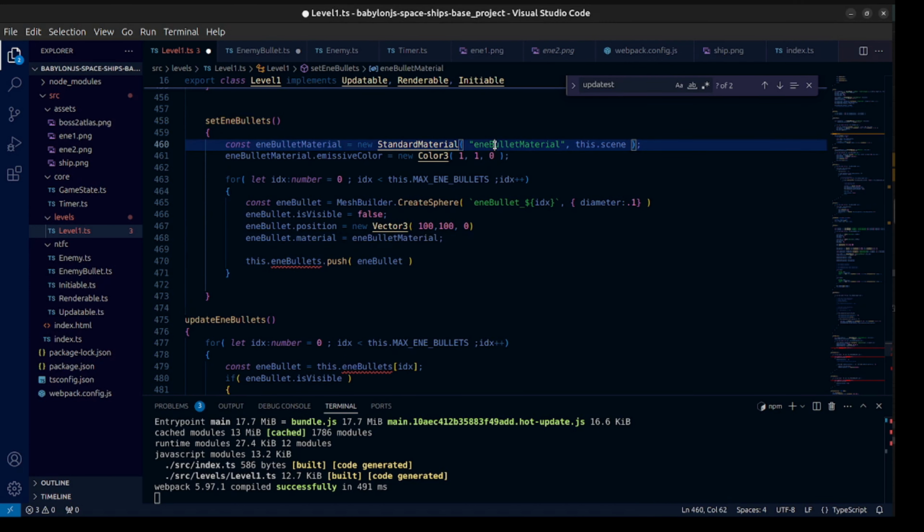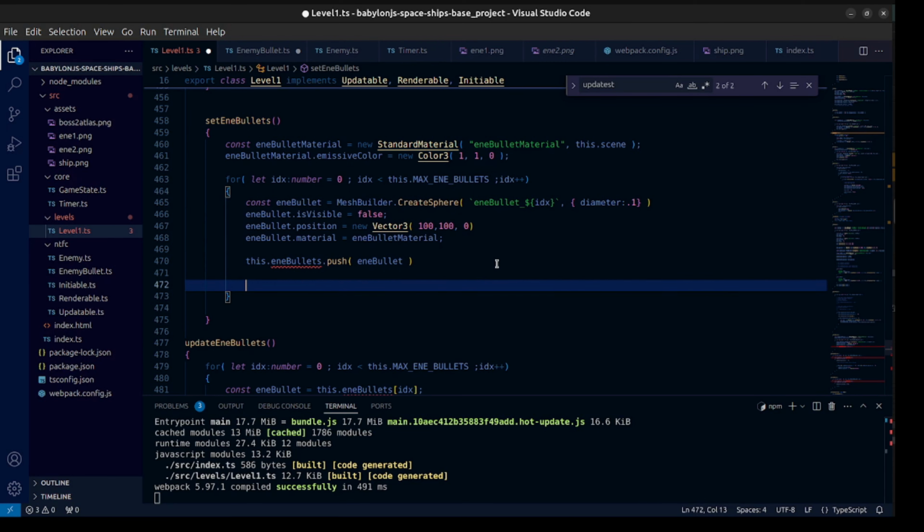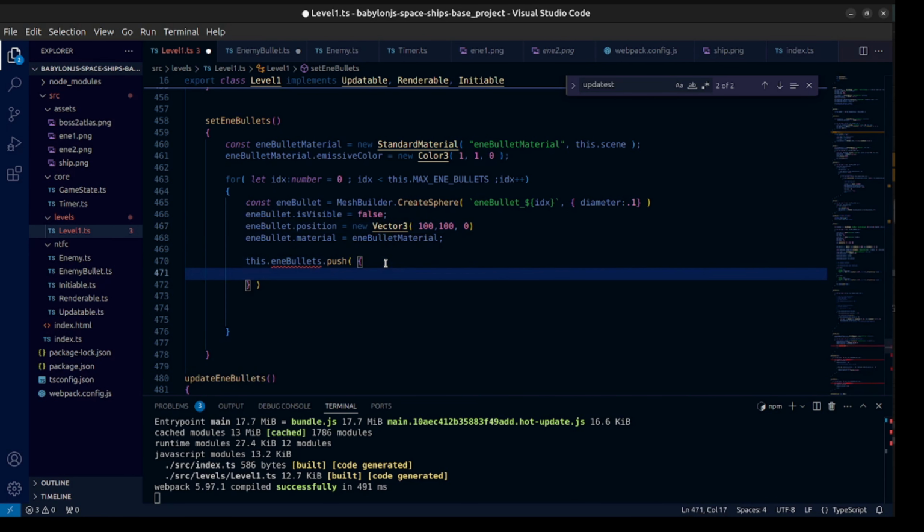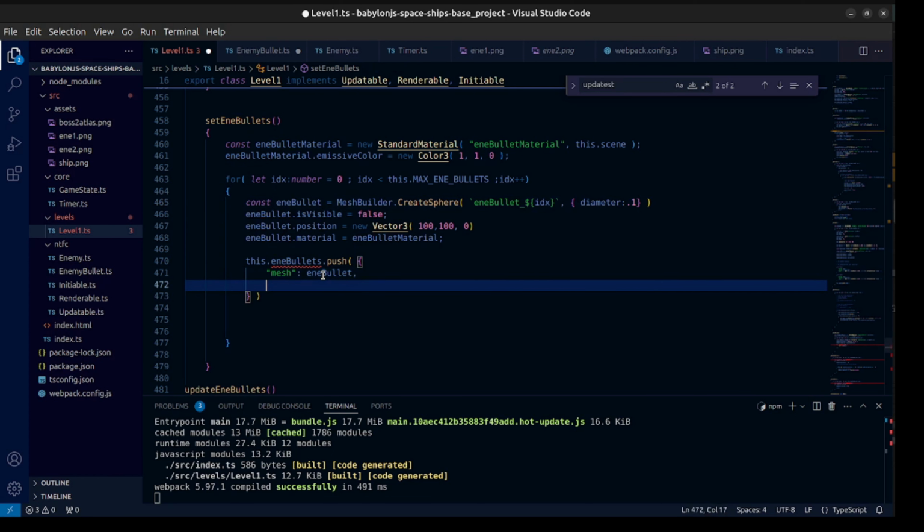And I need to create a material, that's fine. I need to set every bullet here, but this is just a mesh, right? So now for every enemy bullet that I push here, I don't want to push directly the enemy bullet that I create because this is a mesh. Now I have an object structure, right? It's a mesh, which is the enemy bullet, that's fine. And I have now a speed,